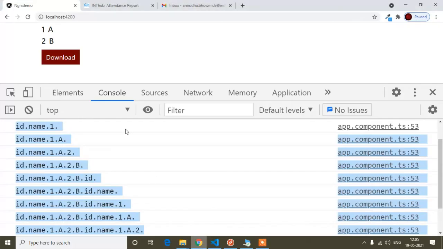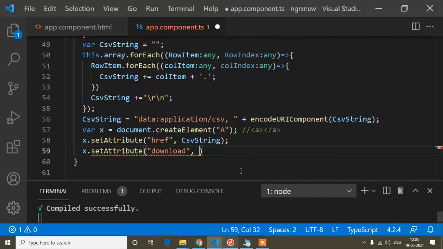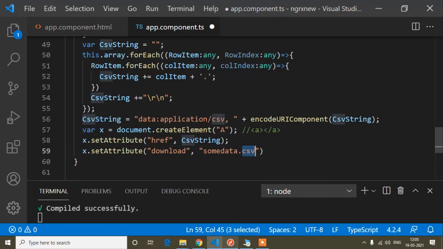Inside this download attribute we set the file name. When I click the download button, it will download with the file name you want, like a.xls or b.csv. So the file name you have to set here inside this download property. Here I will write the file name as data.csv, the CSV format. If you want to download in a text or doc file or anything else, you have to write that extension here and here also.